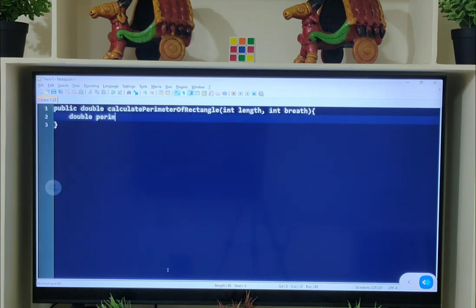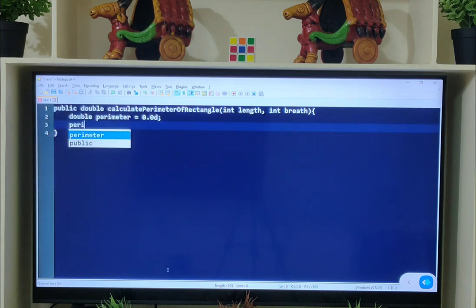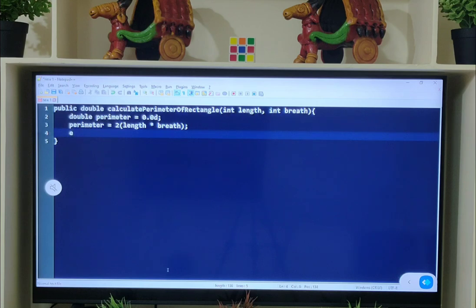Double perimeter is equal to 0.0d, and the next one is perimeter is equal to 2 into length into breadth, and return perimeter.